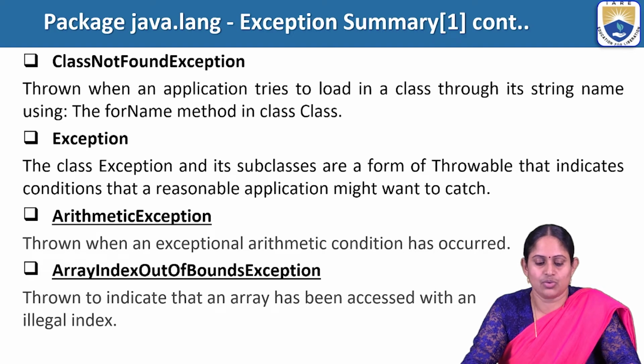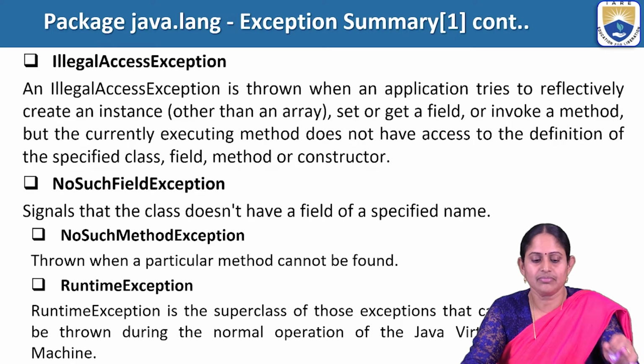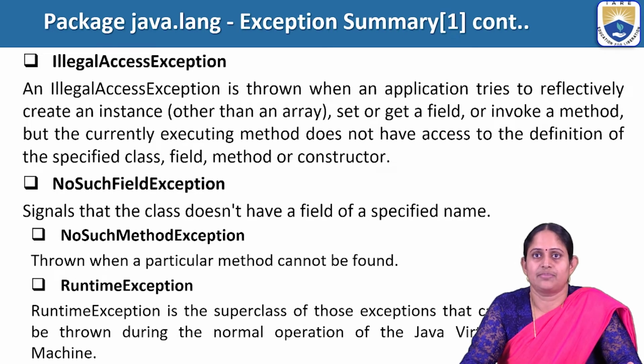ArithmeticException is thrown when an exceptional arithmetic condition has occurred. The ArrayIndexOutOfBoundsException indicates that an array has been accessed with an illegal index. IllegalAccessException is thrown when an application tries to reflectively create an instance, set or get a field, or invoke a method, but the currently executing method does not have access to the definition of that specified class, field, method